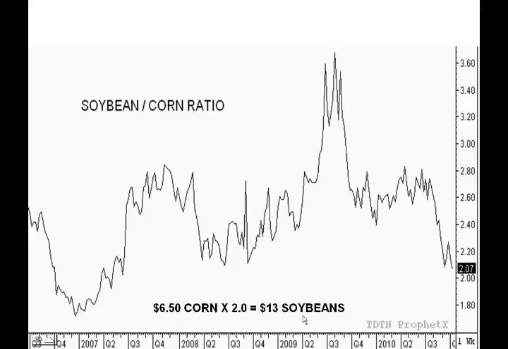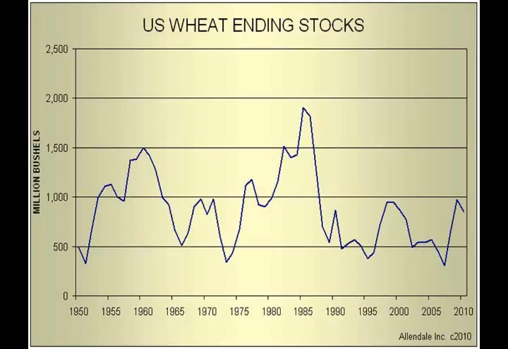for beans. One thing I want to point out with these beans here is these beans are going to be dragged up. They're not going to be flying up. This is going to be a drag up type of move that corn has to help pull the beans up here.